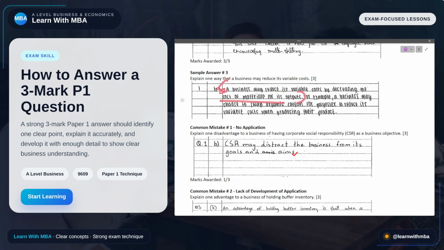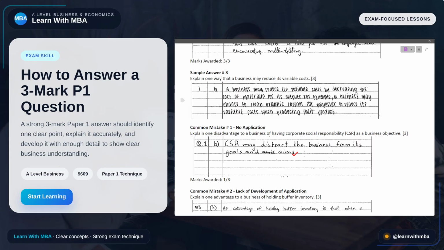He then says, for example, a business may choose to swap organic cotton for polyester. That's the limited application. And then explaining to reduce the variable cost when producing their products. It basically shows that it's practical, right? So remember, another thing which you can see from these scripts is that the examiner is not looking for any fancy language. The examiner is looking for a clear idea, a relevant business example, and an explanation of the impact,